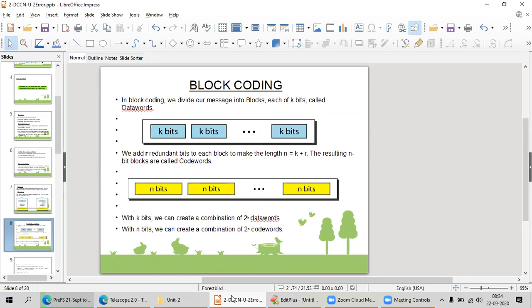That means, first I got 8 data words. Next, after adding one parity bit to each data word, I get 2 to the power of n, that is 2 to the power of 4, that is 16 code words in my block coding.